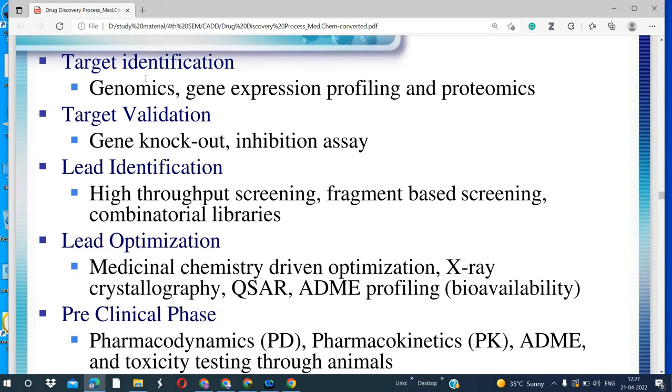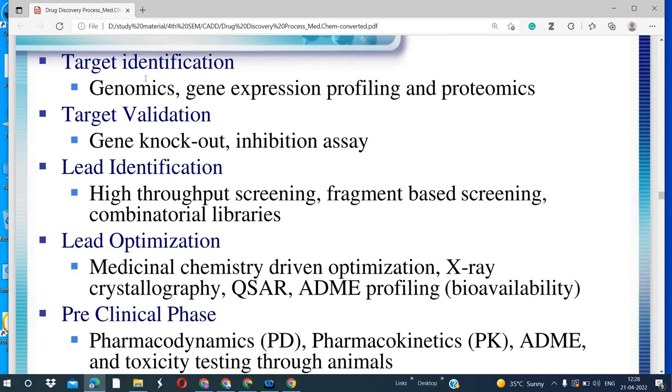If we take them out from a mouse or any model organism, we can check which gene is causing the disease. This can only be done if we eradicate them one by one, if we knock out the gene one by one. Then whichever one is left and is causing the symptoms of the disease will be responsible for the disease. In that way we can validate the target, removing one by one. This is the backward approach, and we can analyze one gene at one time, then the second gene at a second time.